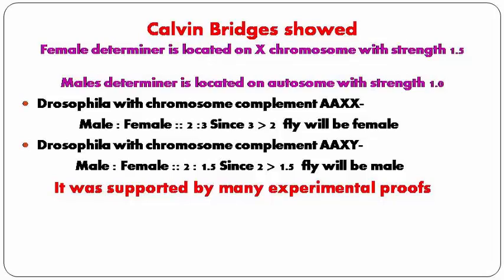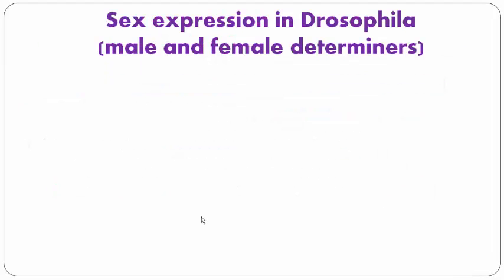Considerable support is given by the studies of fruit fly, and after that the abnormal distribution of the chromosome in Drosophila came into existence. So now we are going to see the sex expression in Drosophila considering the male and